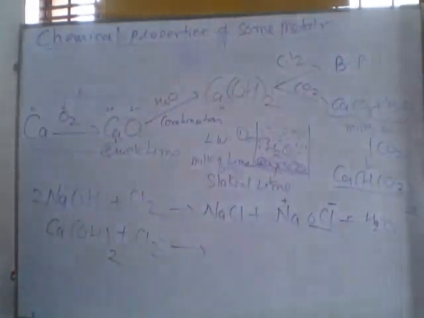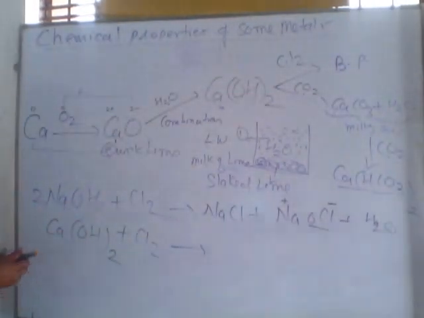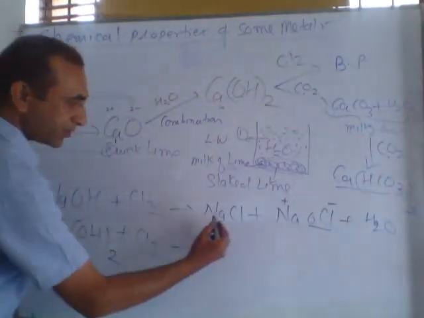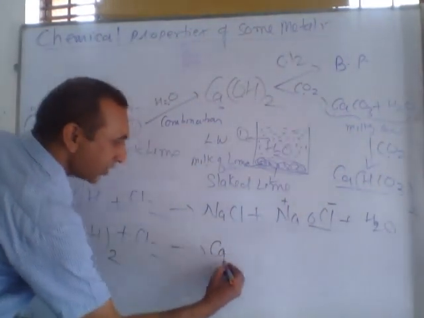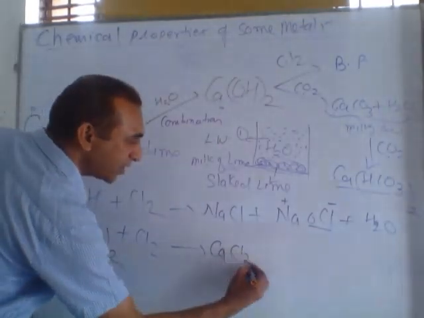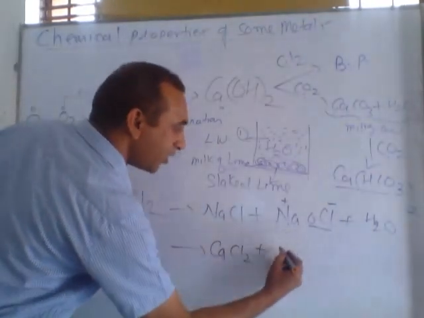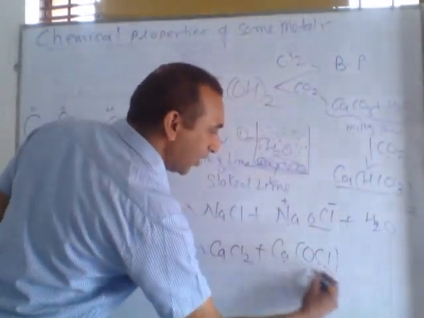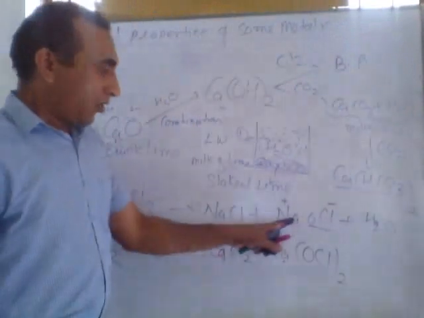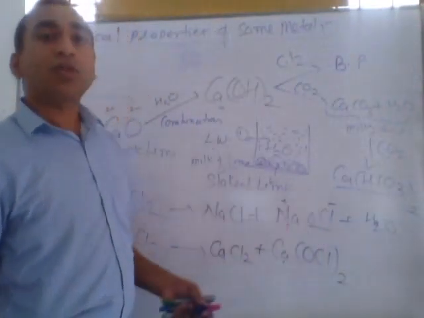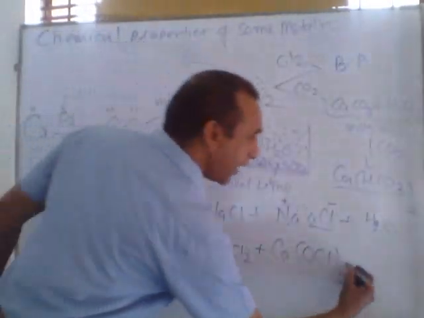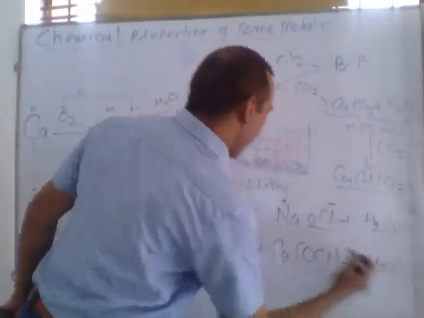If you replace sodium by calcium in the above reaction, this is formed. After passing chlorine gas, here you write calcium. You know the valency of calcium is 2, so we write CaCl. Here we are using Ca, the valency of Ca is 2, so we will write Cl whole 2. Remember, OCl minus is the hypochlorite ion, its valency is -1, but the valency of calcium is 2, so we write it here, and water is formed.